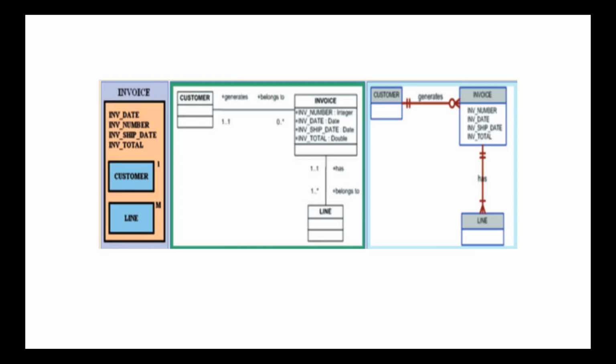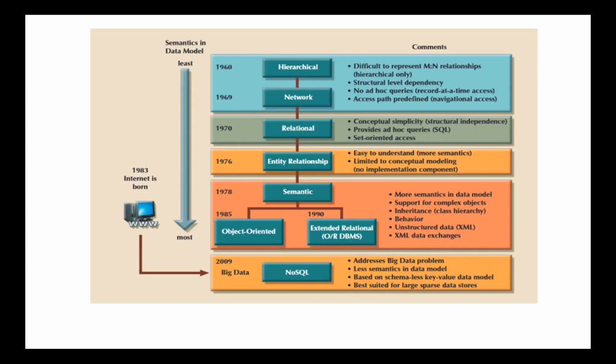The advantages of the object oriented data model, the OO model: semantic content is added, visual representation includes semantic content, and inheritance promotes data integrity. And coming to disadvantages: slow development of standards, a complex navigational system, a steep learning curve, and high system overhead that slows transactions. These are the disadvantages.